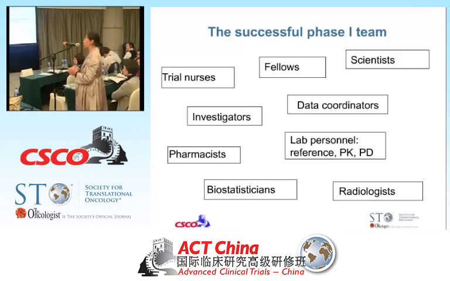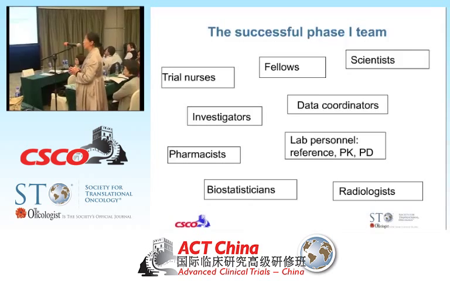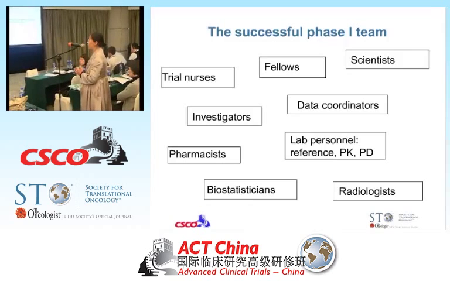But most phase 1 trials now in the cancer field are about targeted drugs, and most targeted drugs are very well tolerated in patients. So maybe we have reached a very high dose and seen some tumor response, and maybe in cell line experiments this dose is enough to inhibit tumor activity. But the drug is still very well tolerated, and we still haven't reached the MTD. So in this situation, can we stop the dose escalation?